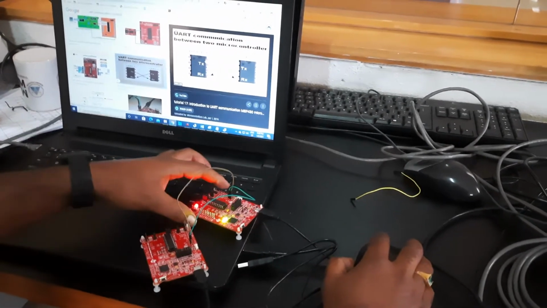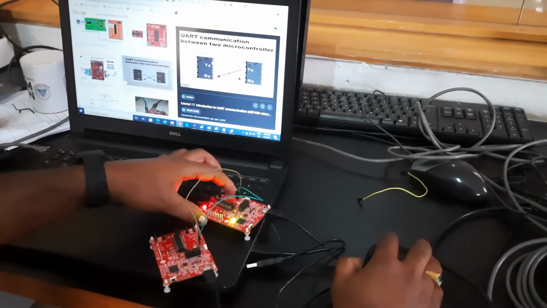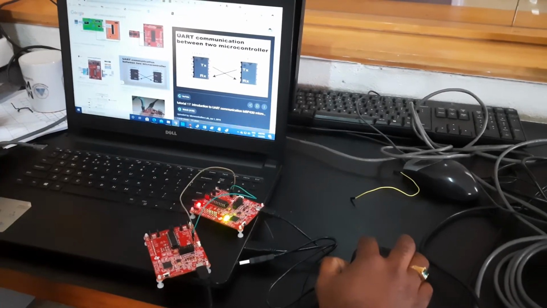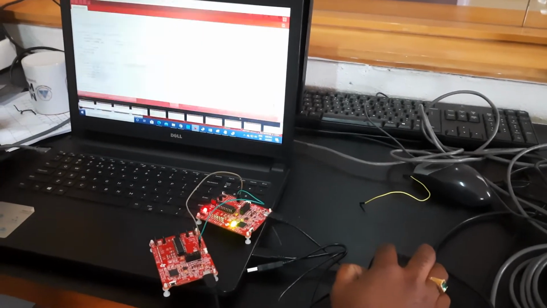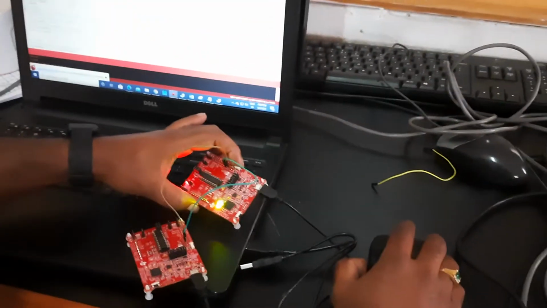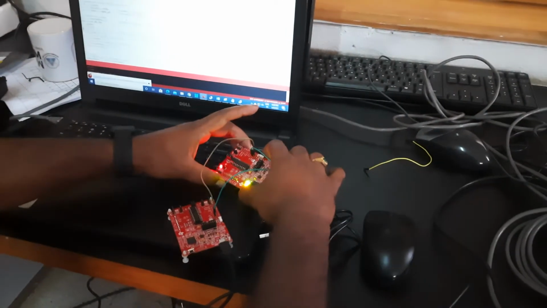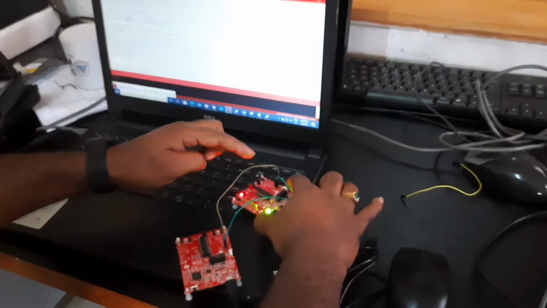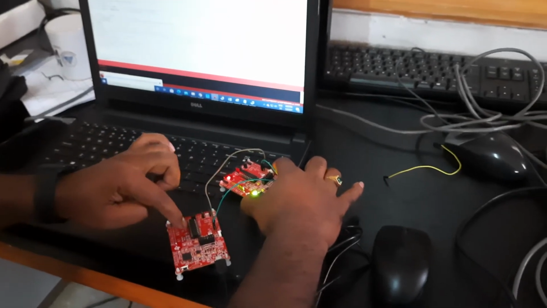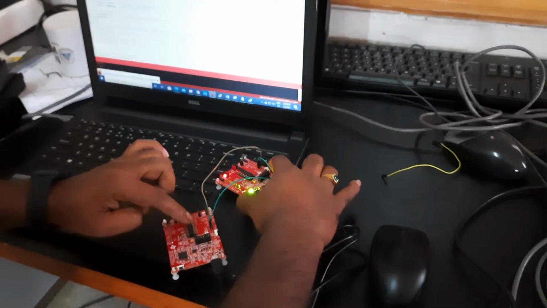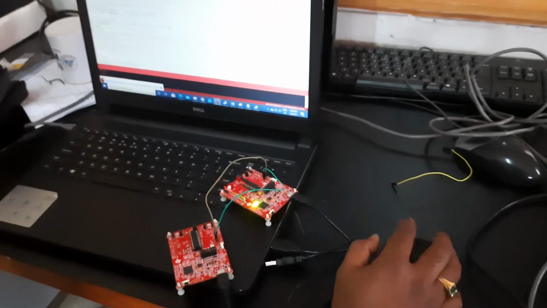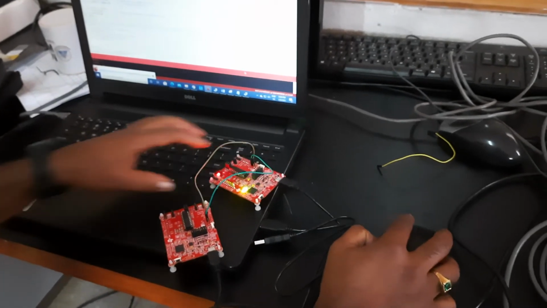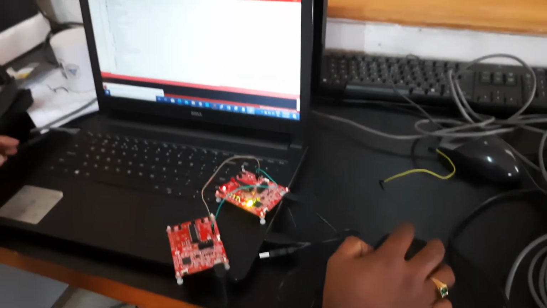Alright, for this UART2, a separate program is written using an energy development tool. So this is the program written for this. In this program, whenever this push button is pressed, this LED goes low, and this microcontroller will send a bit 1 to this UART2 microcontroller. We can see this microcontroller is connected to this particular UART.